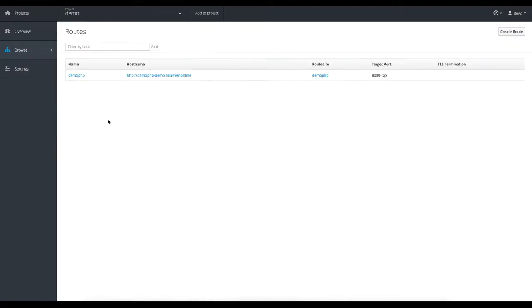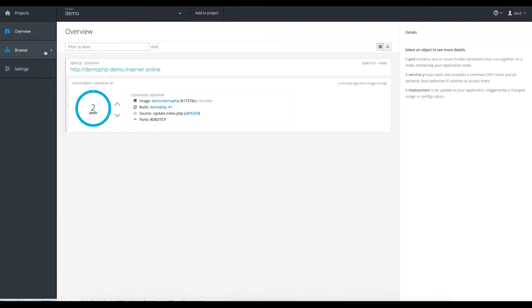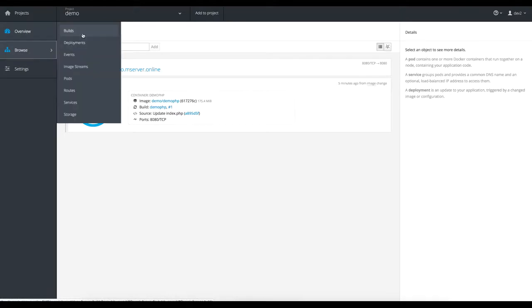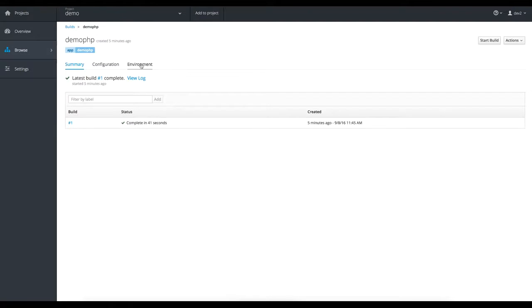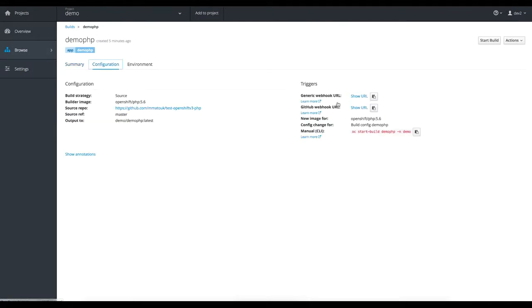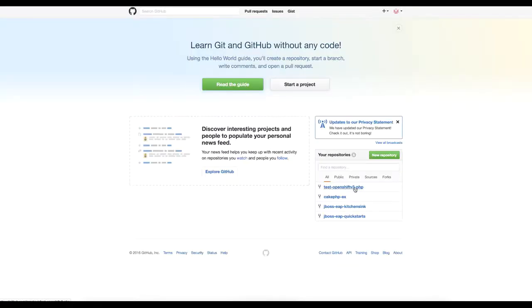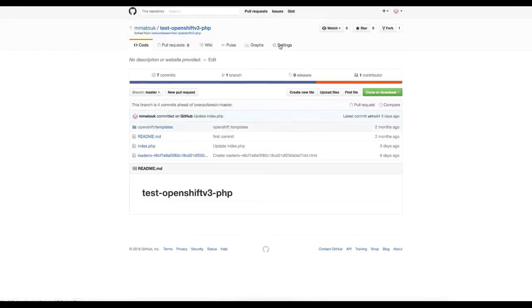You have access to the routes to your application. If you want to create a new route, if you don't like this one, or you want to create a customized route, you can do this. So one nice functionality is configuring webhooks. You can go to this build and go to the configurations and you see the webhook URL here. So I can just copy this URL and go to my application on GitHub, go to the settings,